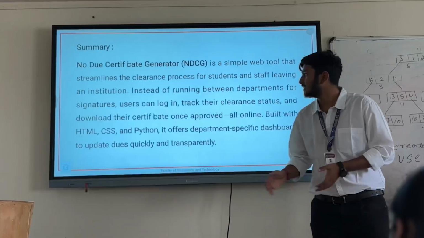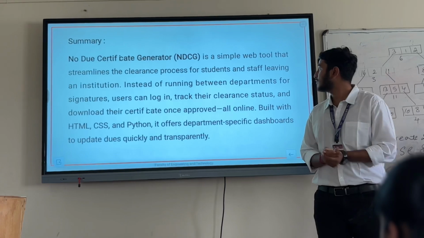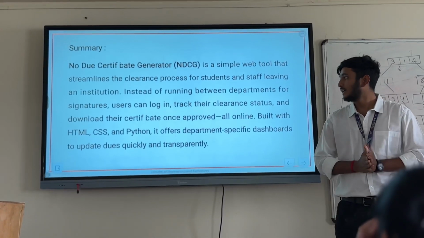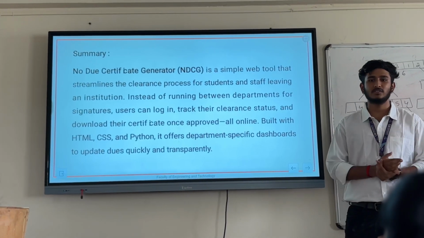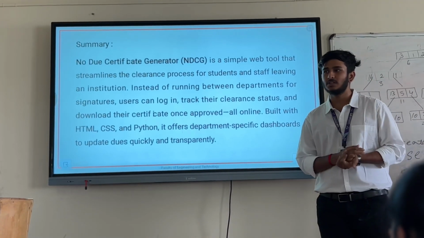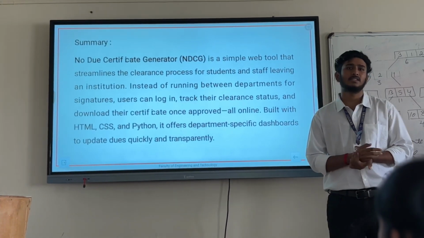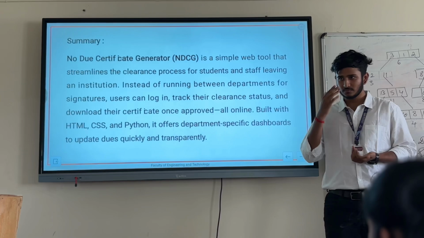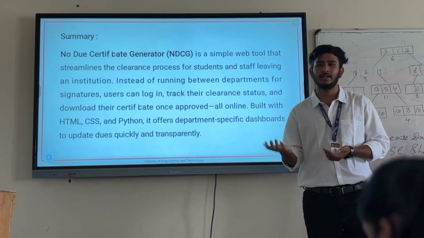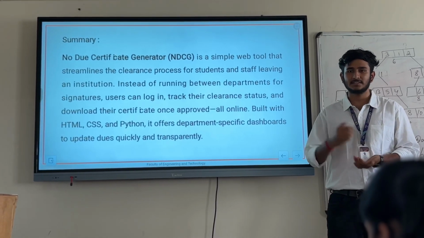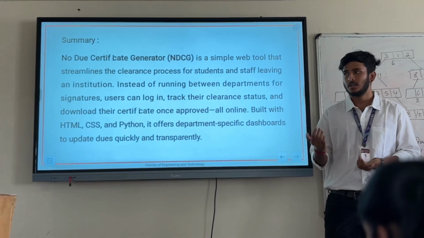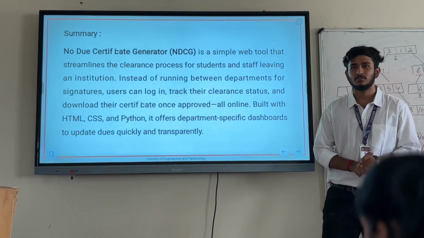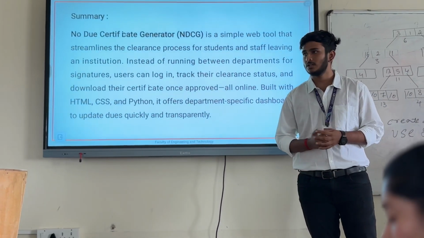Summary. The notice certificate generator is a simple website created to reduce the process of generating a notice certificate. Normally, when generating a notice certificate, we go to different offices and have to get a sign. To reduce this work and manual work, we have created an online website which reduces